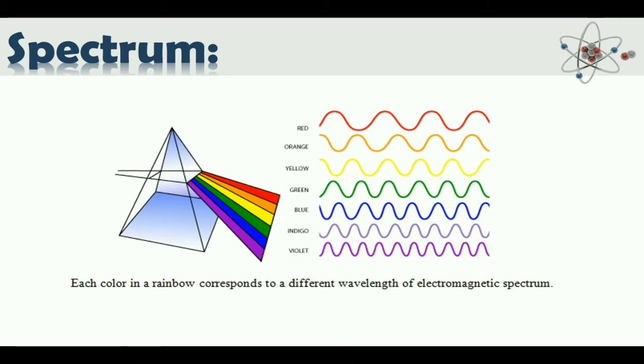Now you can see when white light is passing through a prism, we will get 7 different colors. And you can see from violet to red, from bottom to the top, there is a change in the distance between two peaks, that is wavelength, and there is also a change in the frequency, the number of peaks that are passing. You can see violet has very little distance, meaning less wavelength when compared to red. The distance between the peaks of violet light is less and the distance between the two peaks in red light is more. So wavelength is less for violet and more for red.